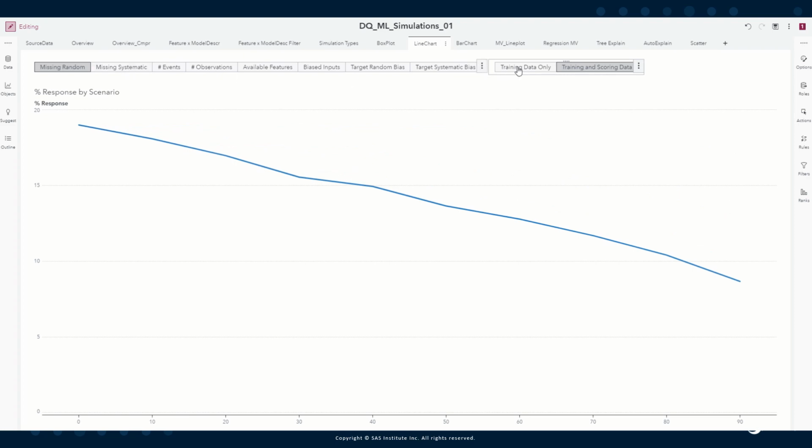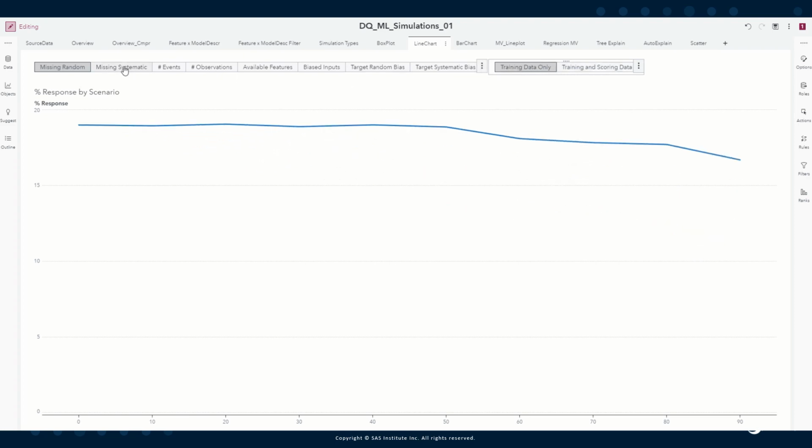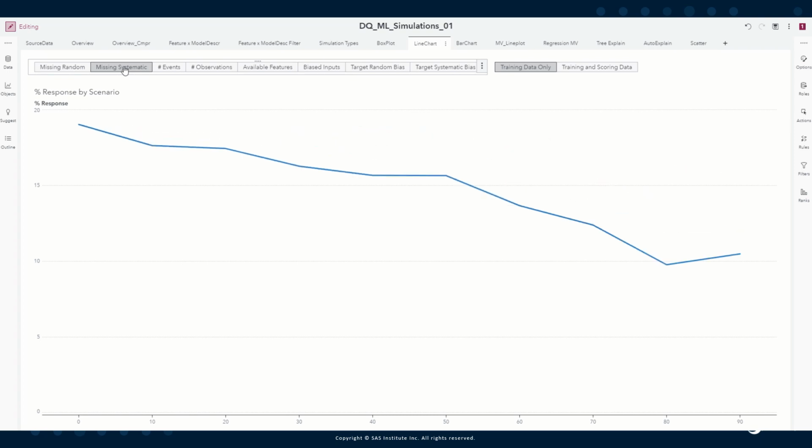Let's now also have a look at what this looks like if we have systematic data. Or more precisely, what happens if we have systematic missing values in our data? Here I have not inserted the missing values randomly, but based on certain structures and clusters. And we see, even if this only occurs in the training data, we already have quite a descent in our outcome. So the more missing values we have,